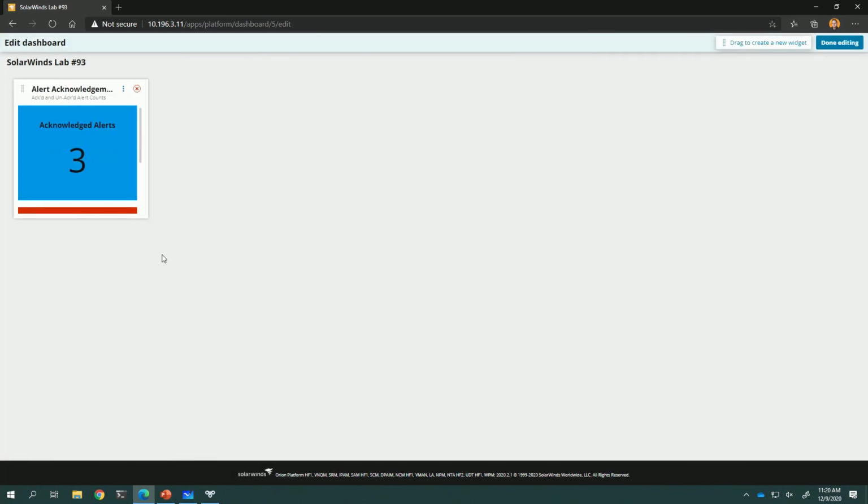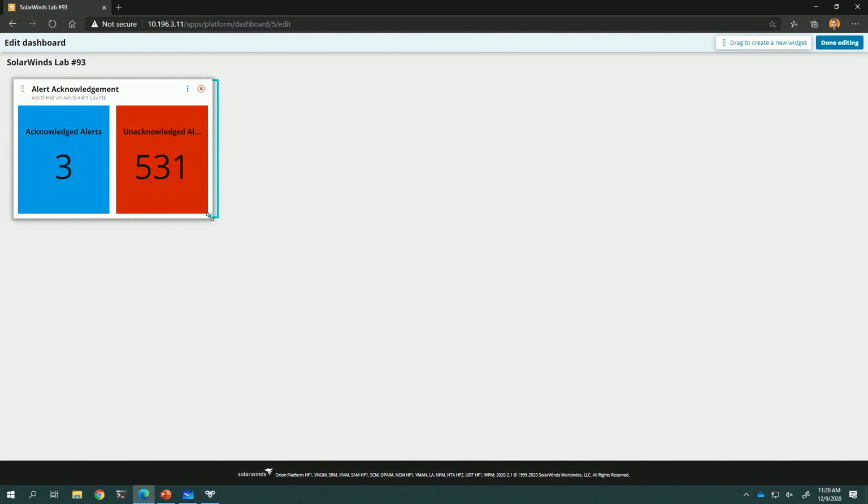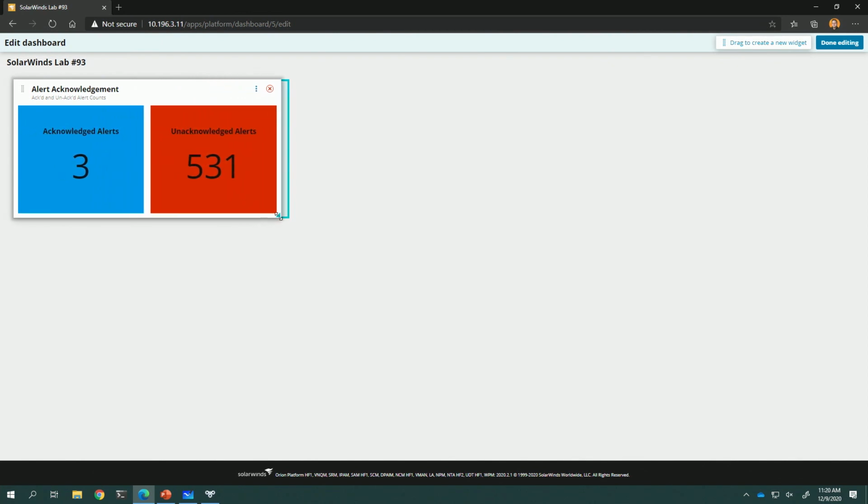That's it. Changes saved, and oh no, they don't fit. Well, that's kind of one of the great things about the modern dashboards. I can just grab this and drag it however large I want it. Now it does snap to certain locations, but if this is a single digit or a multi-digit number, this is fine just as it is. Okay, so we did that. Let's talk about the next one.